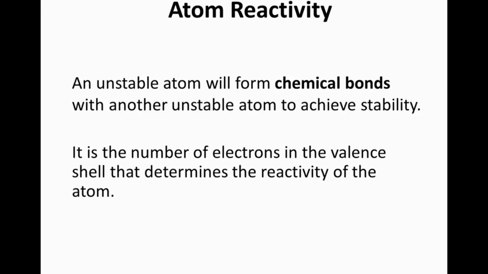The unstable atoms, such as hydrogen and carbon, will want to form chemical bonds with other unstable atoms in order to achieve stability. Therefore, it is the number of electrons in the valence shell that will determine the reaction